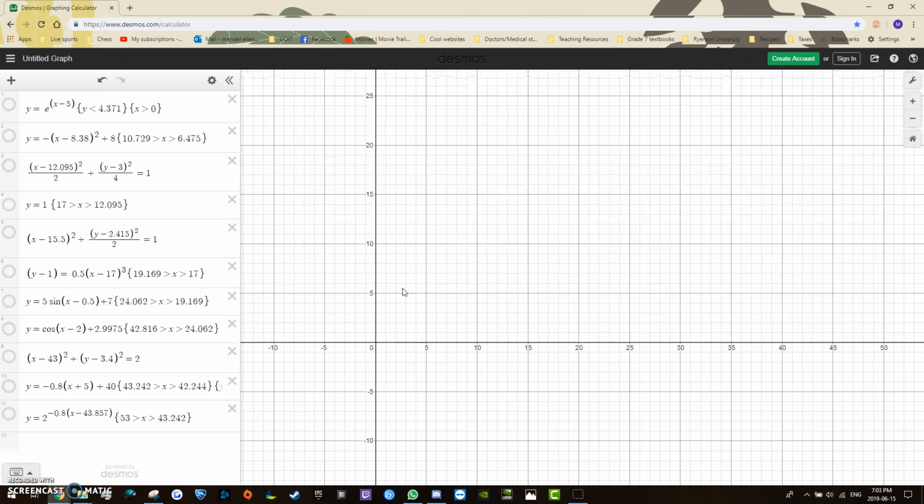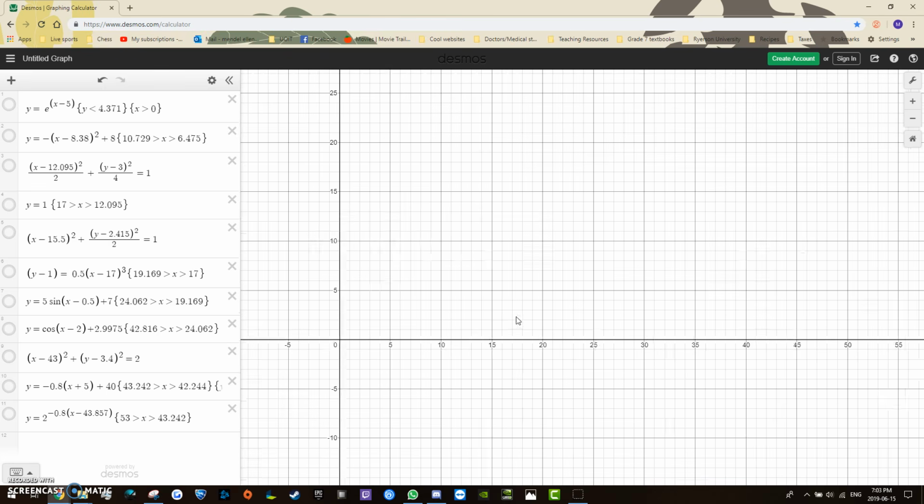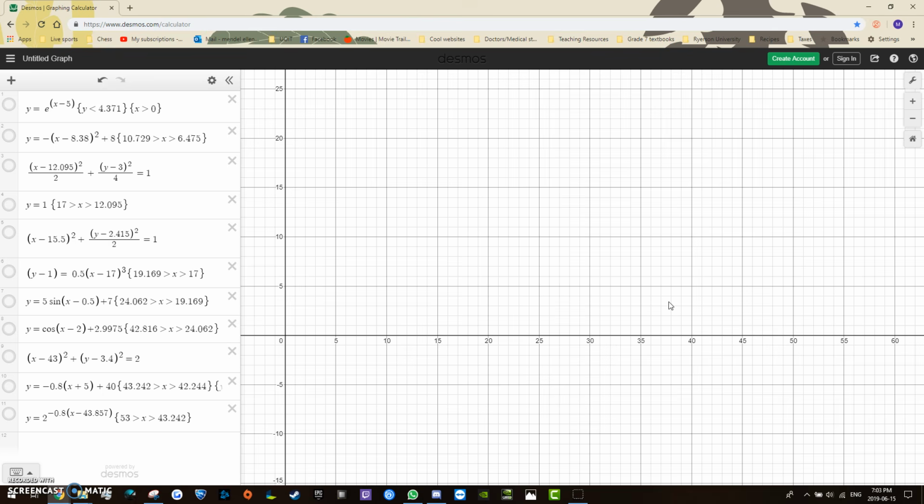So firstly, I've designed my roller coaster so that 0 is where it starts, and it will end all the way down somewhere around 53. So that's my plan. And so I start with an exponential function here. So you start your roller coaster, you're going, going, you're going. And I've used an exponential function here